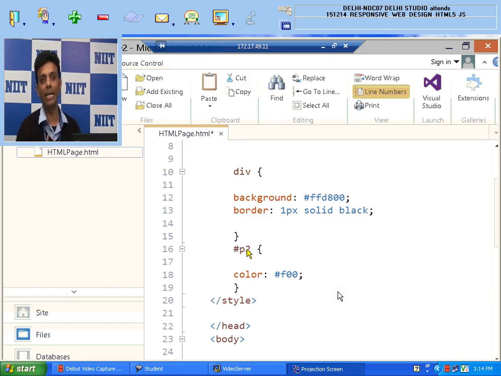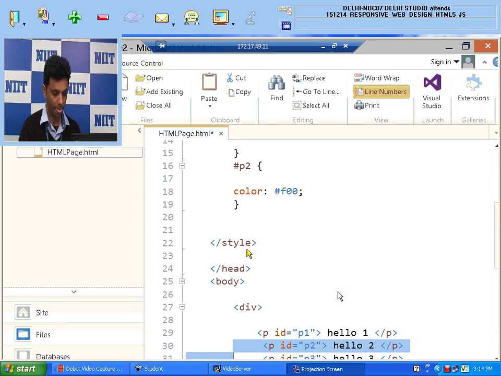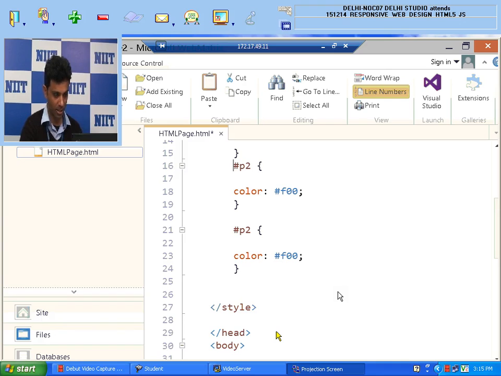So when will I use an ID? I will use an ID when I want to give a unique style to an element in my HTML page. Now, for example, let's say I have P2 and P1, and I want to give these two tags the same style. I want to apply the same style. So rather than using an ID, okay, first I will explain this. If I want to give the same style to both the paragraphs, I need to write something like this,